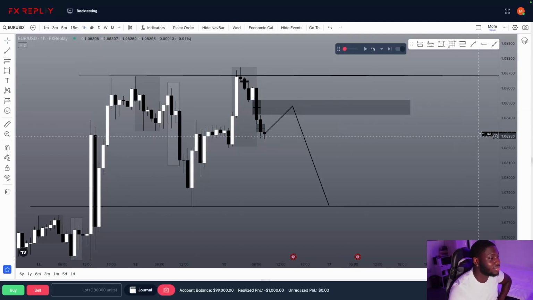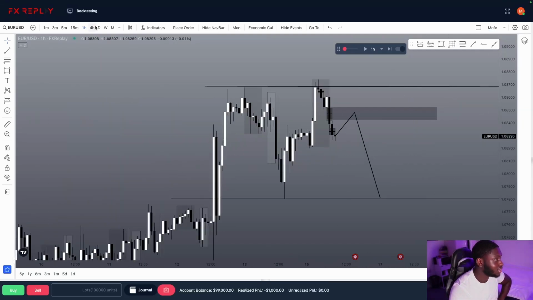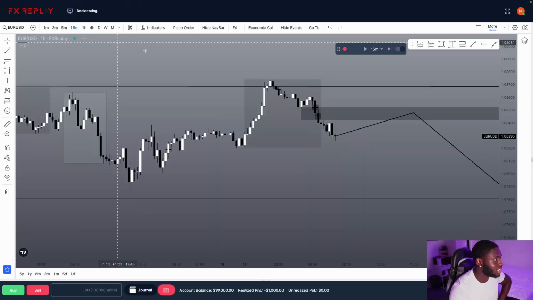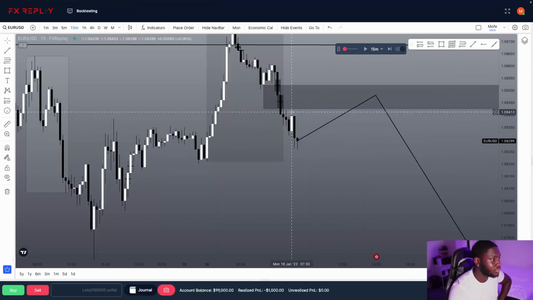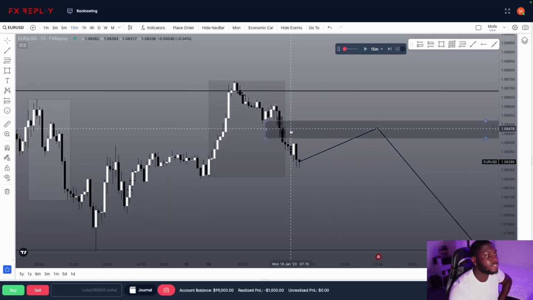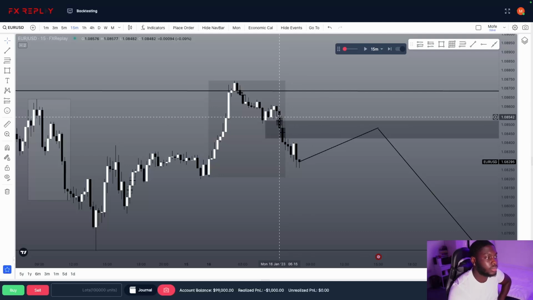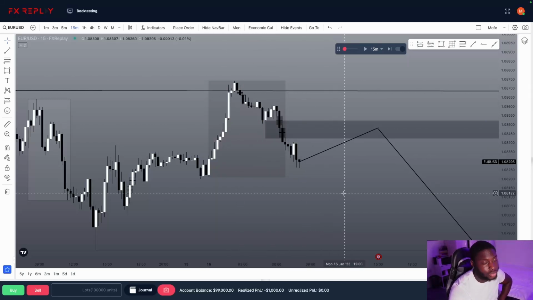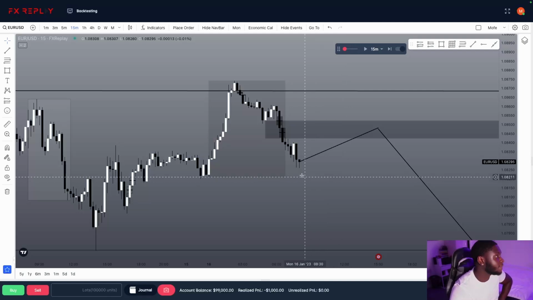M15, I don't really see anything much more on the H1. Yeah, I don't really see anything major. So I'll just be looking for price to push into this area before I look for sells. If, let's just say, this fair value gap didn't exist, the POI I'd be looking for price to push into before we see our drop, because we're bearish on the day, would have been Asian's high. But Asian's high swept the 4-hour high. The chances of price coming back into that high before we see a drop is low, but not impossible. So, let's wait and see what it actually does.